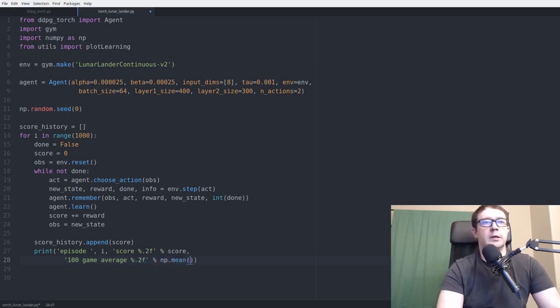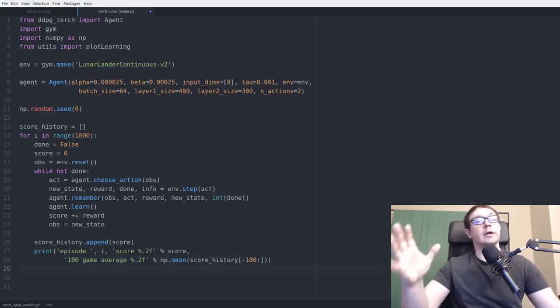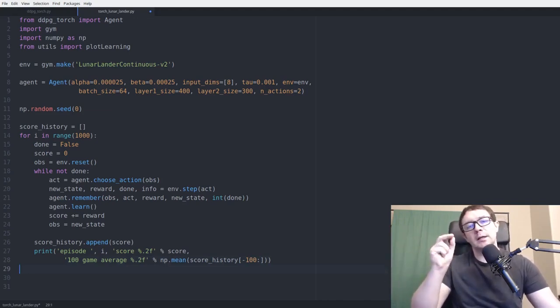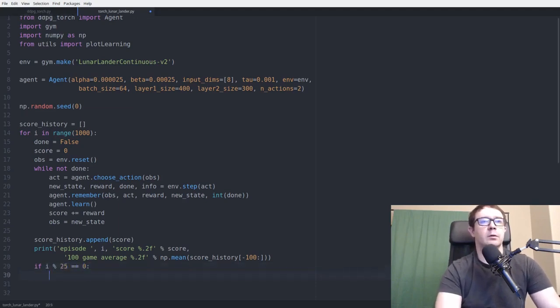What this will do is take the last 100 games and compute the mean, so that way you can get an idea of its learning. Remember, with the lunar lander environment, solved means that it has gotten an average score of 200 over the last 100 games. So every 25 games, we want to save the model,